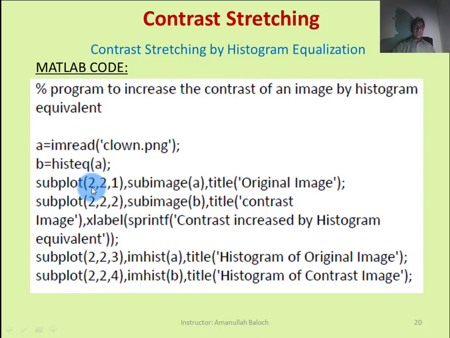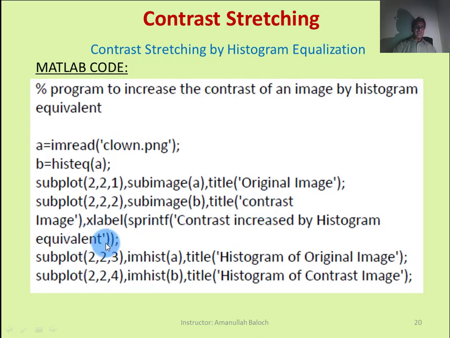Actually, here you may see there is a 2 by 2 grid in the subplot, that is 2 rows and 2 columns. At the first location of the 2 rows and 2 columns, we will display the original image. At the second location of the 2 cross 2 grid of the subplot, we will display the contrast image.